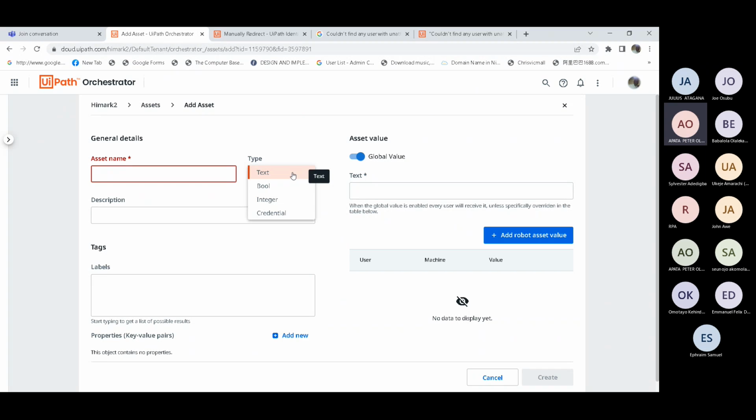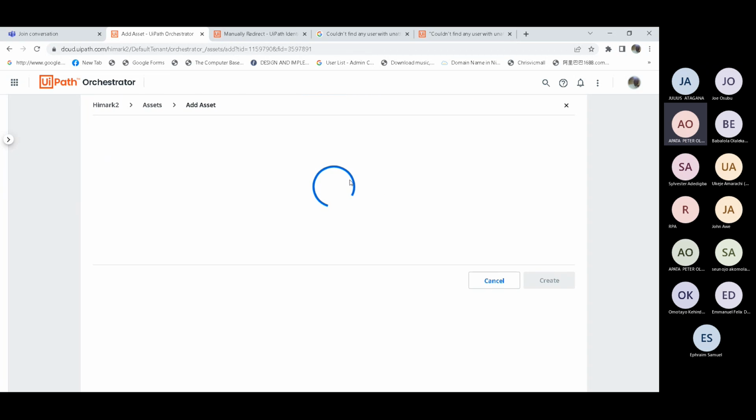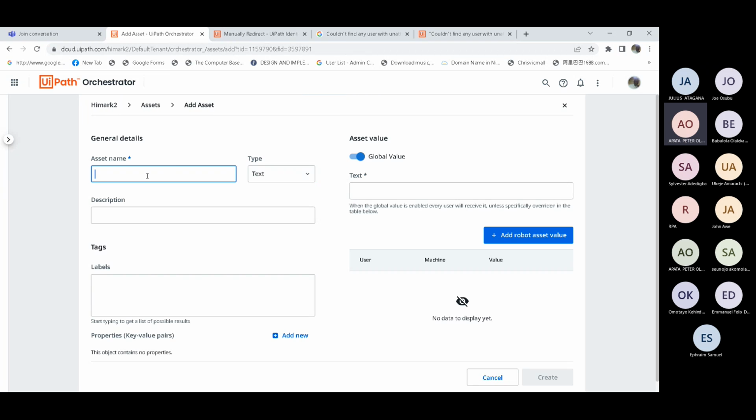Do we want to do anything about assets? Okay, we can do anything about assets. So you can play around with the other parts of assets. Let's create an asset. Create an asset, give the asset a name, and give the asset a value.